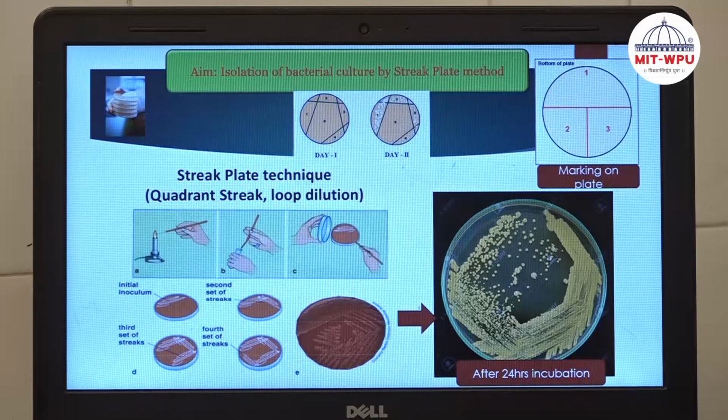In the streak plate method, we mostly require Petri plates which are sterilized in an autoclave. Then we need a culture media, an inoculating loop, and an aseptic area. First we have to prepare the culture media. Then after making it, you have to bring the culture media to the aseptic area. In the aseptic area, we transfer the culture media into the empty Petri plates which are already sterilized in an autoclave or hot air oven. After transferring, we will get the Petri plates that we have seen in my previous video.